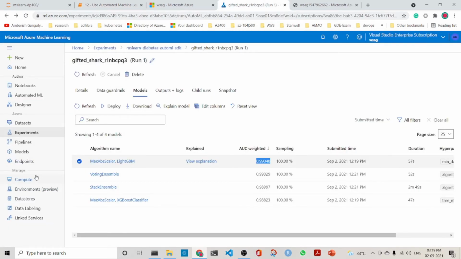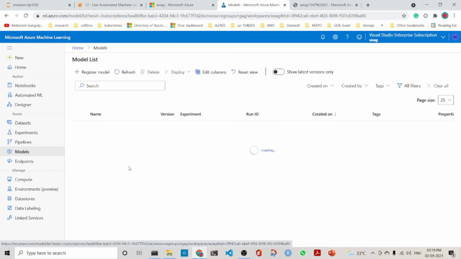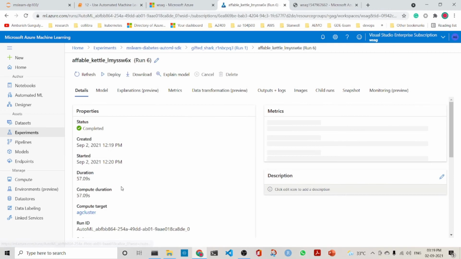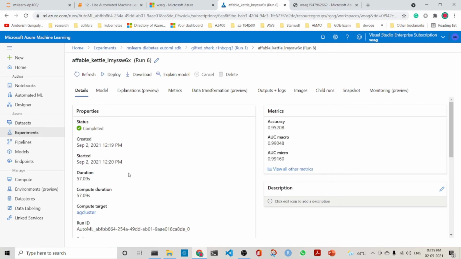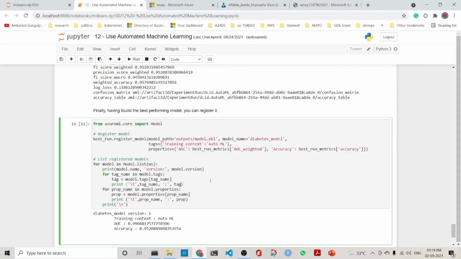If we go down here and go to models, and click on this model, you see that this is a run ID, and the run ID is pointing to 99048, which is our best model. This is the MaxAbsScaler LightGBM, that is the best model that we have.